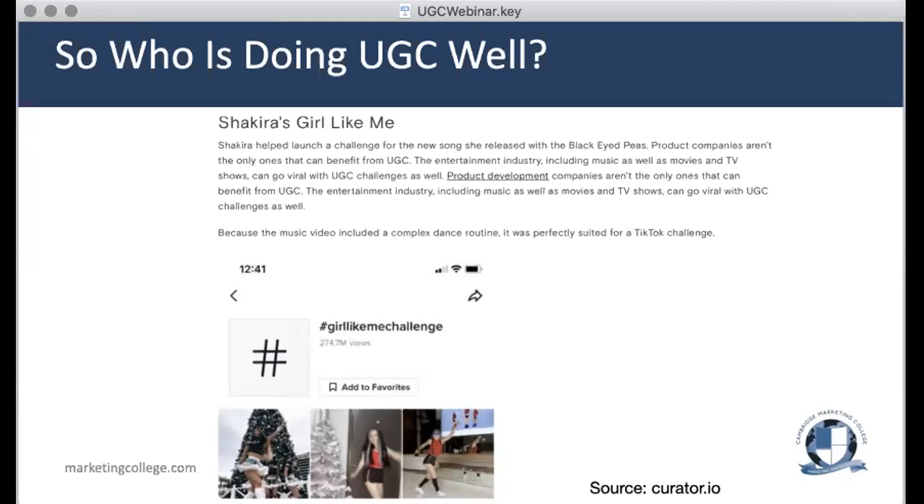The example I'm sharing with you is Shakira's Girl Like Me campaign, which was a huge campaign that literally had millions upon millions of people engaging using the hashtag Girl Like Me Challenge. In a song release with the Black Eyed Peas, Shakira challenged her fans to dance like her. She would perform the dance with the hashtag Girl Like Me challenge against it, and all of her fans, and of course the Black Eyed Peas fans as well, started to create user-generated content by trying to mimic the dance routine, putting it onto TikTok as well as onto Instagram, and of course the thing goes